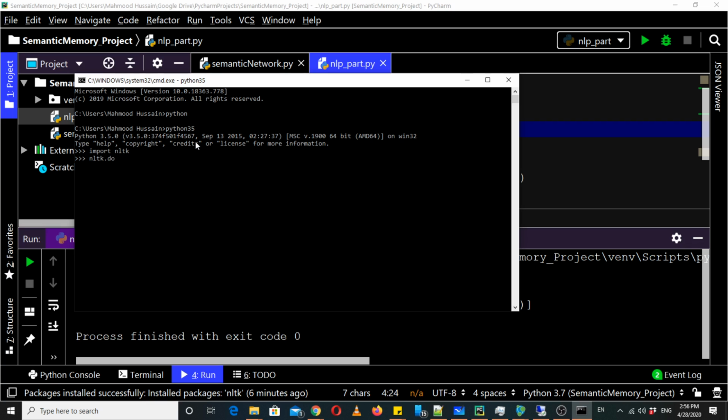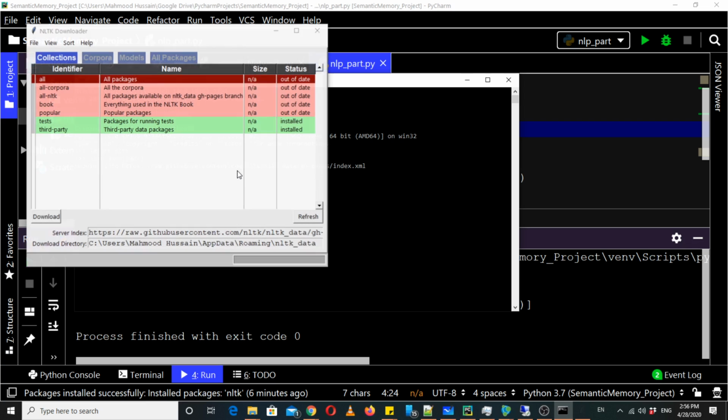There is a function that is nltk.download. You can also write this code over here in the IDE. Okay, so it opens a window.